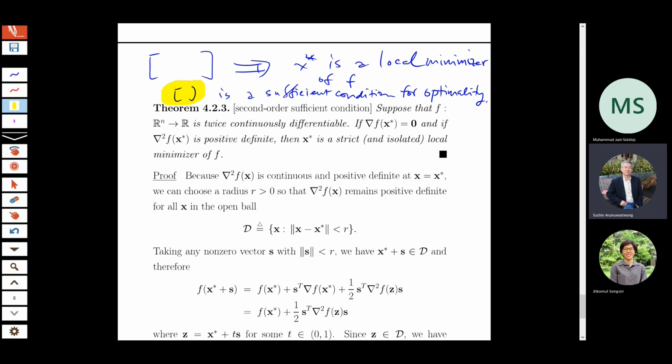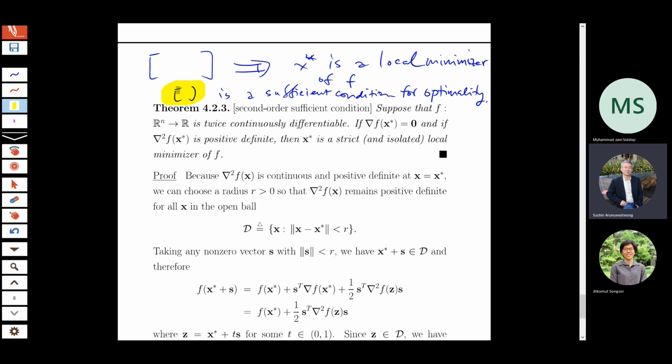So here we suppose that f is twice continuously differentiable. If the gradient of the function f at the point x star is a zero vector,